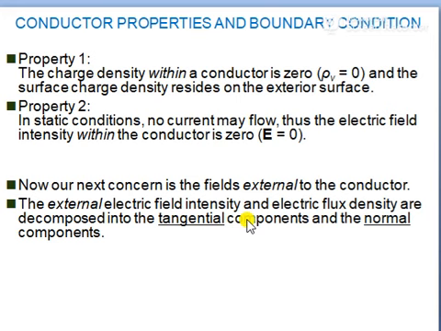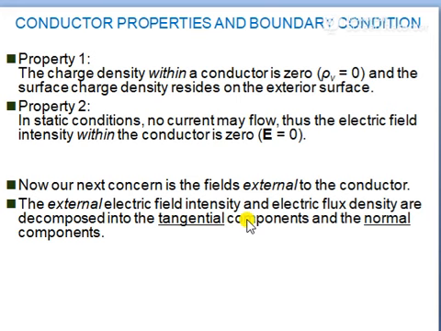Now depending on the nature of the media, there are two situations of boundary conditions. The first one may occur between a conductor and free space, and the second one is what? It may occur between two dielectrics with different properties, right? The free space is nothing but a dielectric, hence the first case is nothing but a boundary condition between a conductor and a dielectric, right?